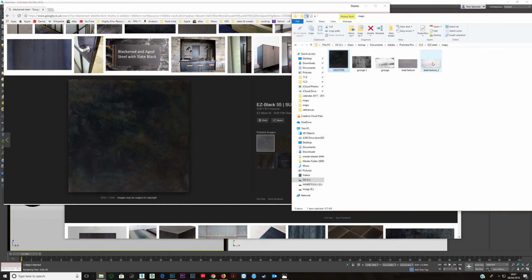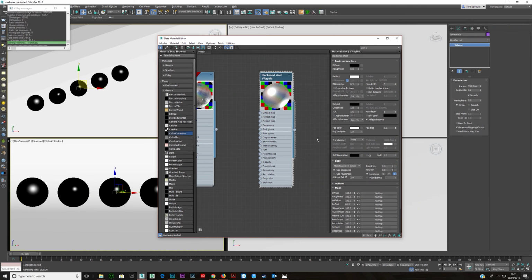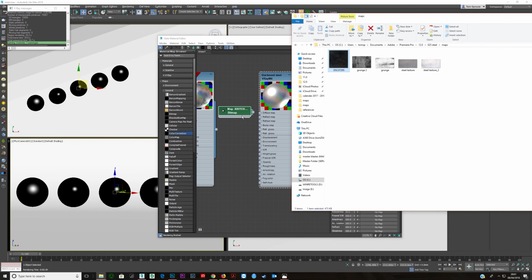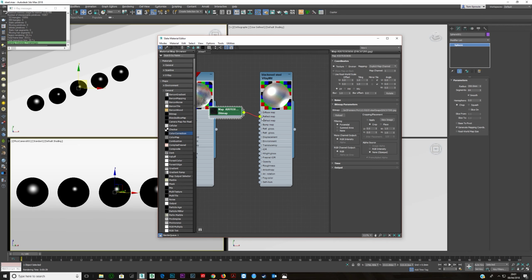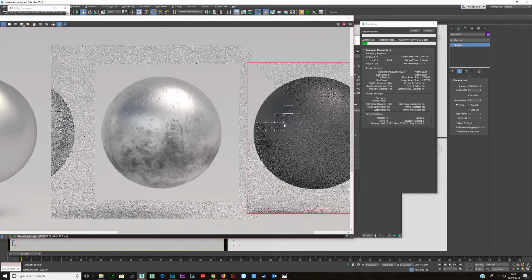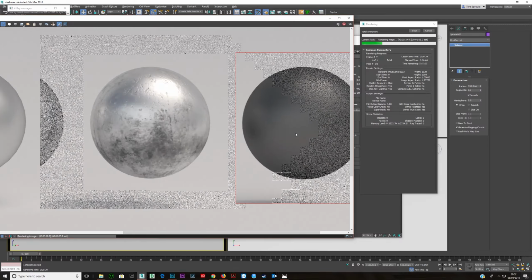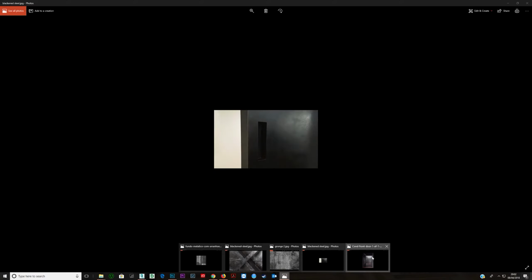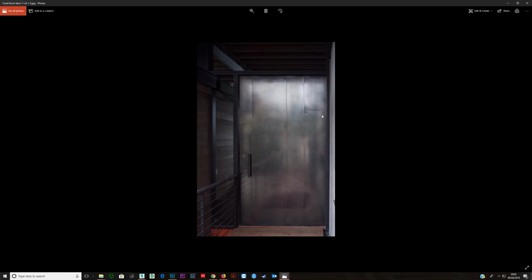The maps. And then if we bring up 3D, we just drop that in here and put it into reflection. Let's see how that renders. Forgot to assign it as a material. And we can see how that renders. It's not really getting what we wanted. We're getting something like this, but